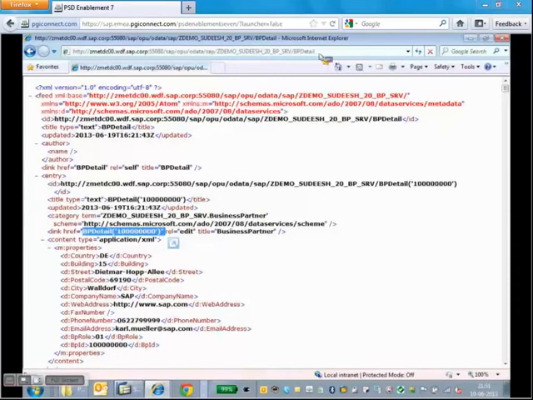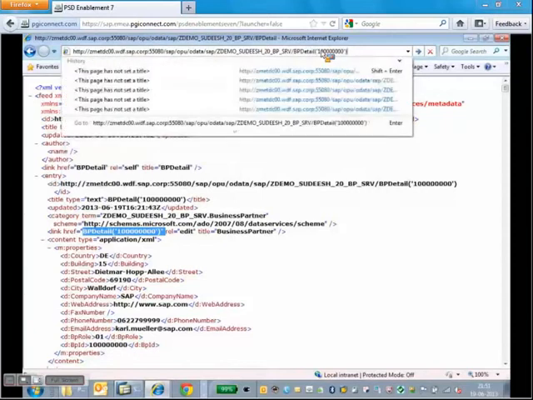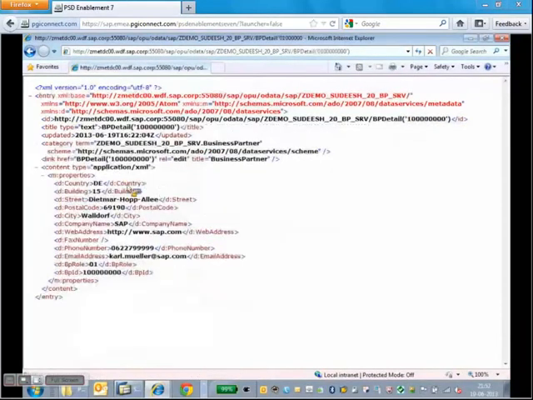Just put this, and I would have to add a 0 in front of this and then read it. So it has read that one particular record with the business partner ID starting with 1 followed